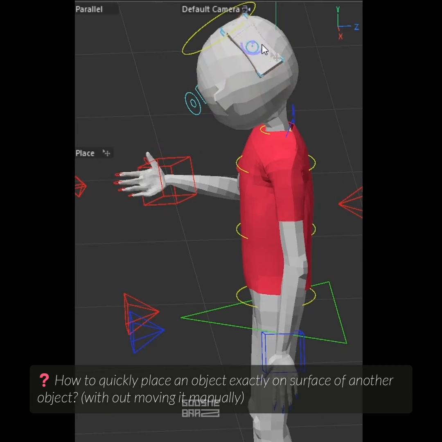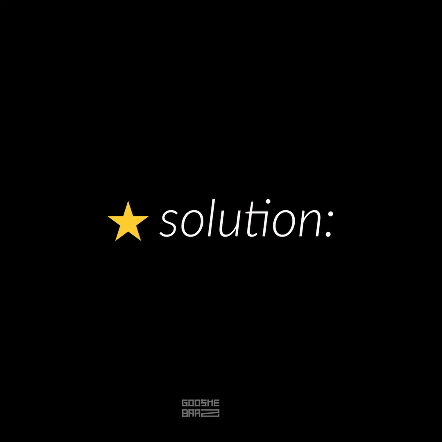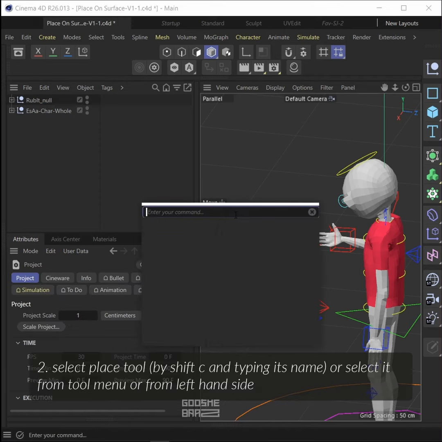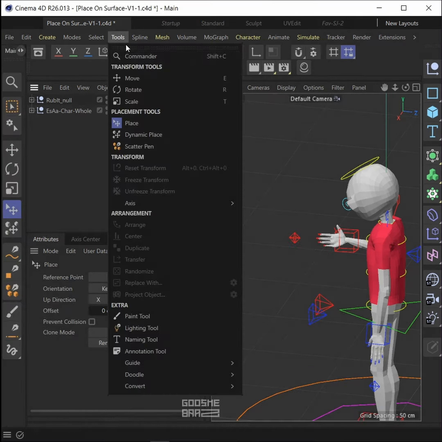How to quickly place an object exactly on the surface of another object without moving it manually. Solution: select the object, then select the Place Tool by pressing Shift C and typing its name, or select it from the Tool menu